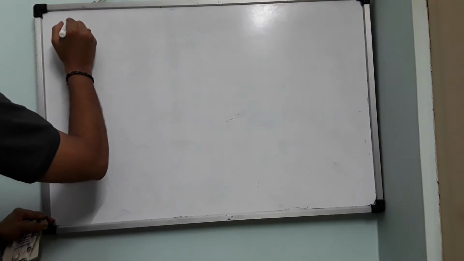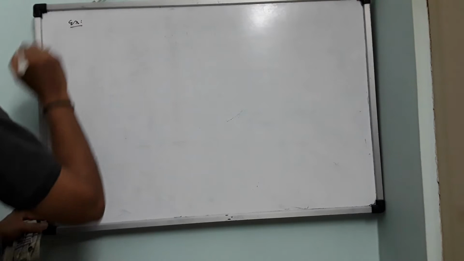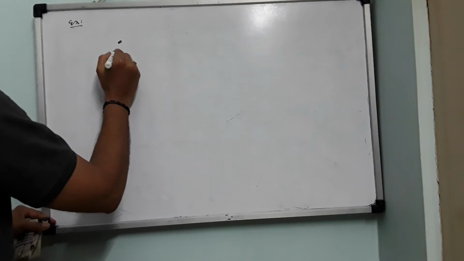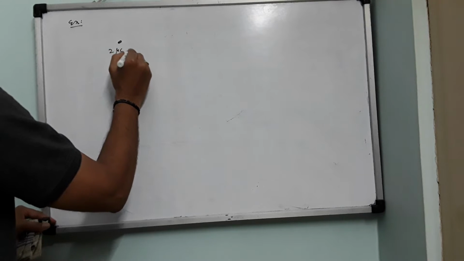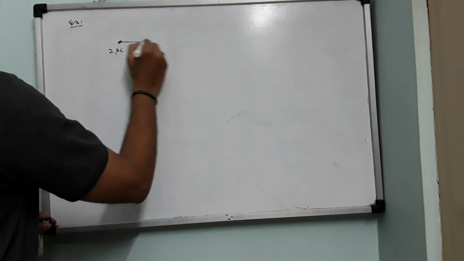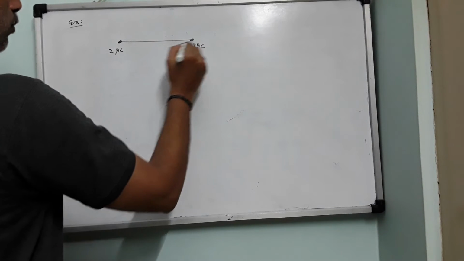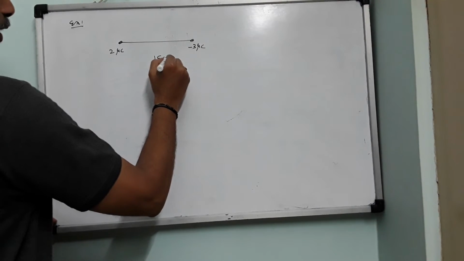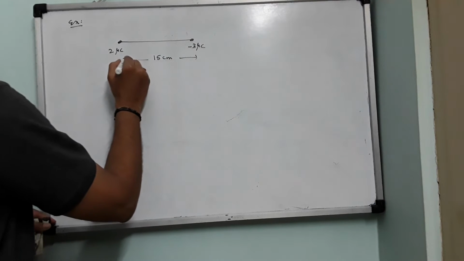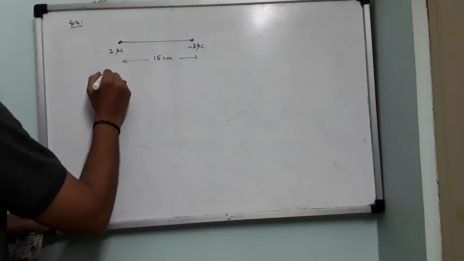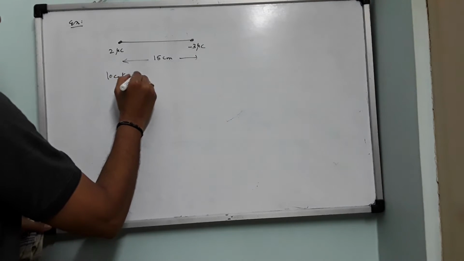You have an example. Here there is a point charge, 2 microcoulomb, and here there is another charge, so this is minus 3 microcoulomb. The total distance is 15 centimeter. Both of them are separated. Now, what is your question is, locate a point